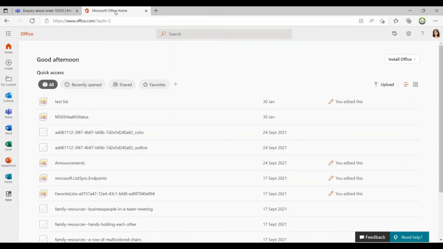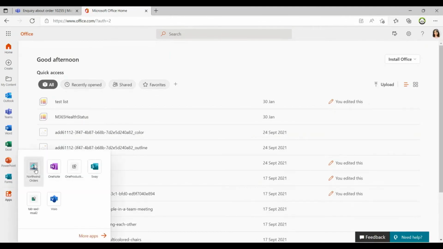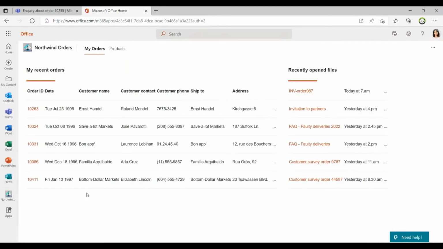Now, I personally use Office.com to find things I'm working on, especially documents. And if Anna goes into her Office.com, she can pick up where she left off with the orders she's working on, the file that she has used in these orders, etc. So in short, you can see here in My Orders, you have my recent orders and recently opened files. So the application is now intelligent to understand the context and capabilities of host applications to give a more integrated